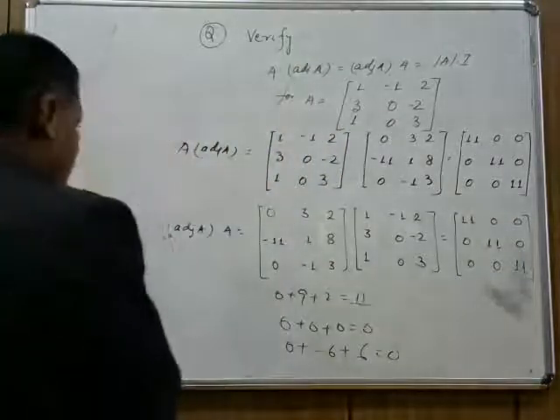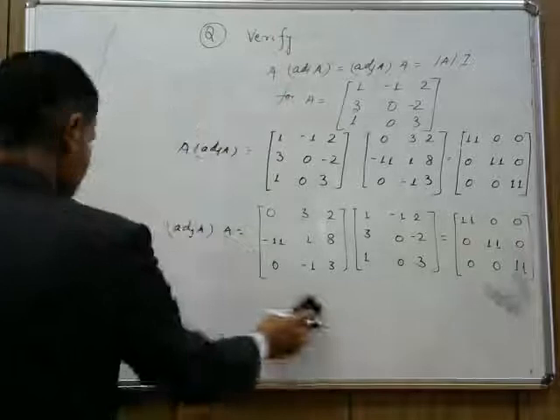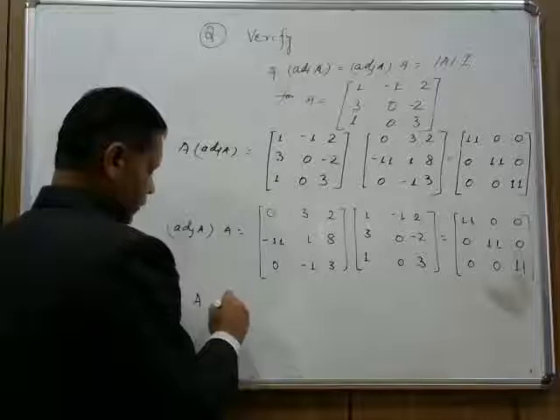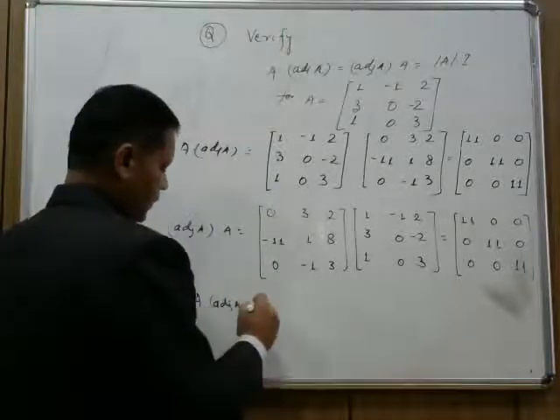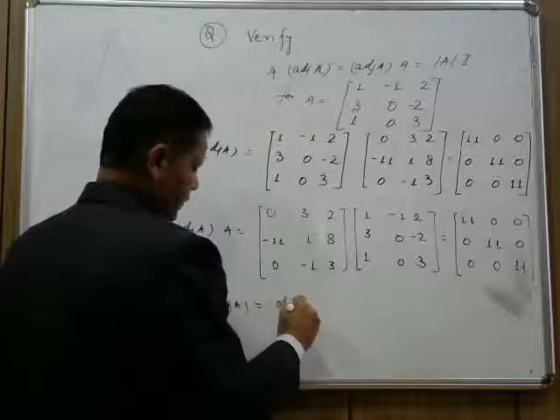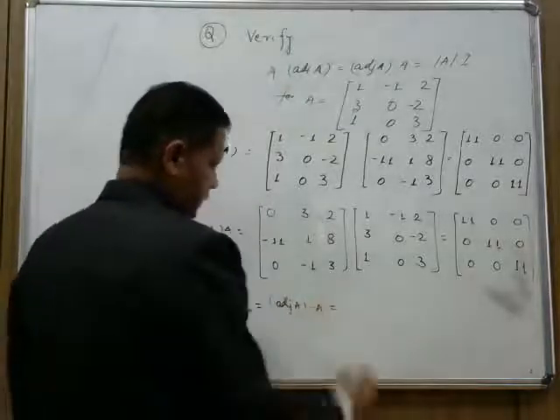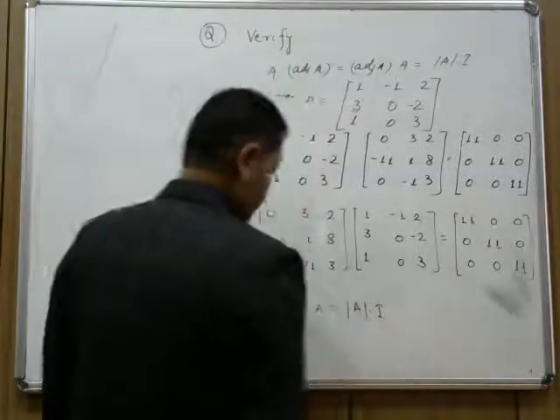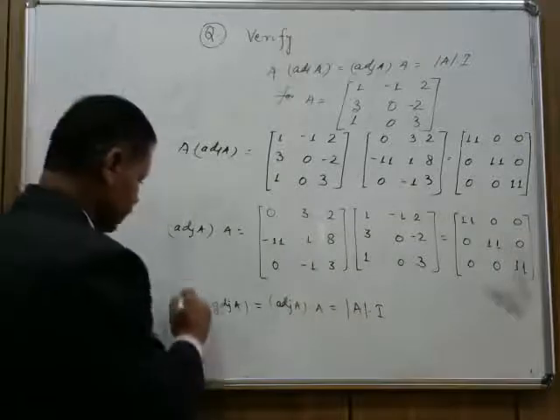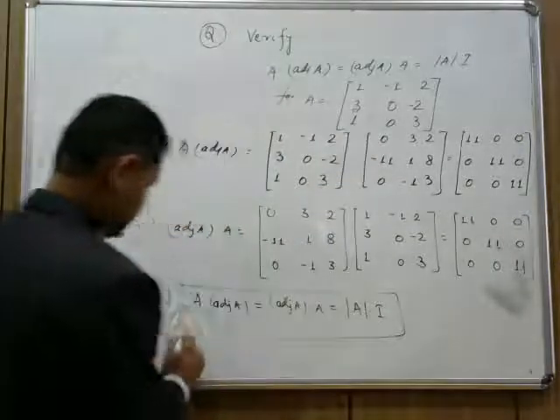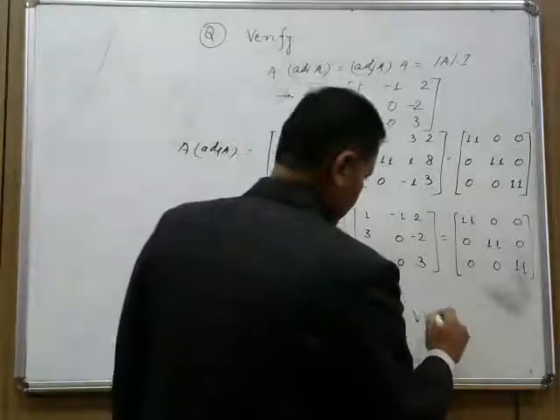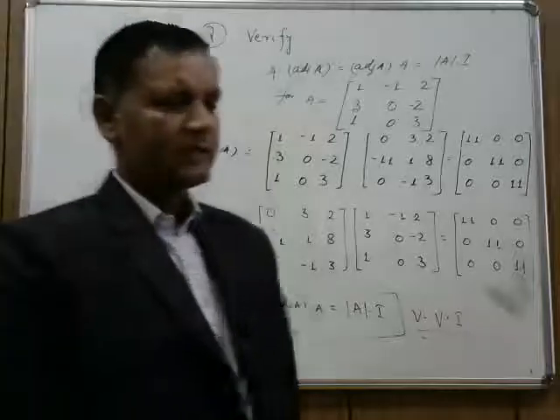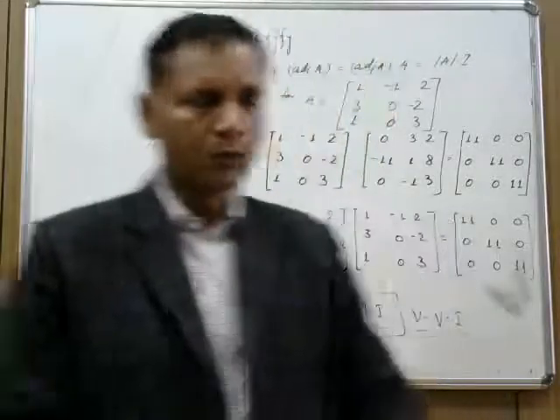That means now what we have got? If I multiply any matrix A by its adjoint, or if I multiply the adjoint of any matrix by A, then its value will be determinant of A into I. It's a very, very important result. Very, very important. Please note it down, and we have many questions in the exercise to prove.